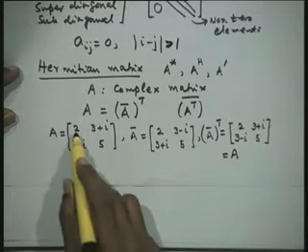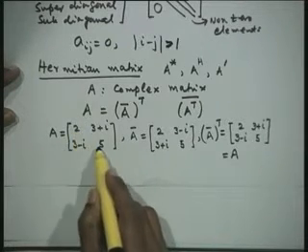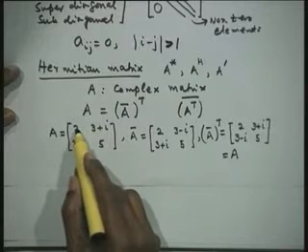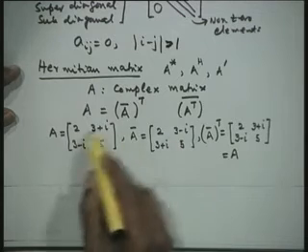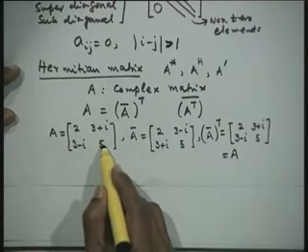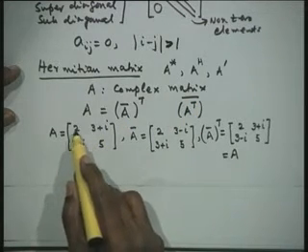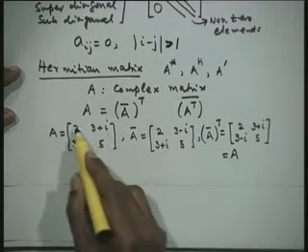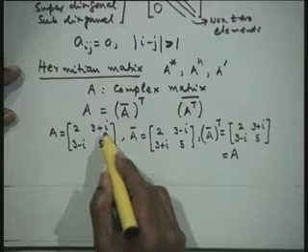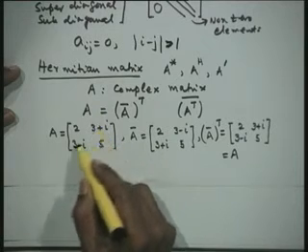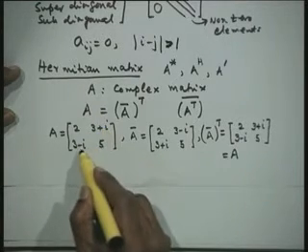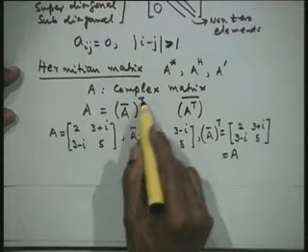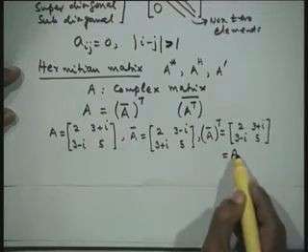Now you can observe two properties here. The diagonal elements are all real. If the diagonal elements are not real, then its conjugate will not be equal to that. Once the conjugate is equal, these are all real elements, because this will then read a plus ib is equal to a minus ib, so that we can simplify and show that the diagonal elements should all be real. And these off-diagonal elements are complex conjugates of each other. So this is 3 plus i, this is 3 minus i. So when we take the conjugate and then the transposition, we get back the matrix A.